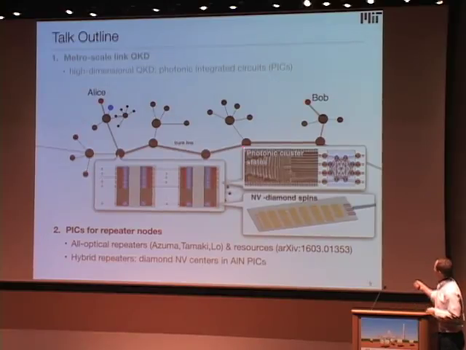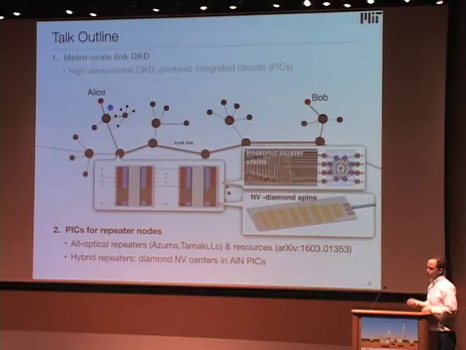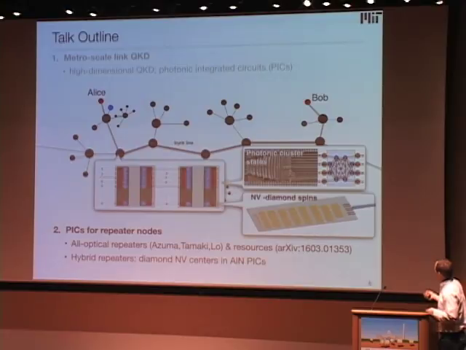And so I'll tell you a bit about how we can use our integrated photonics to build large switch networks and to couple these large switch networks to atomic-like quantum memories. And in particular, in my group, we're working on NV centers in diamond, so we use electron and nuclear spins. But probably similar networks will be useful to other kinds of systems as well, like trapped ions or neutral atoms.